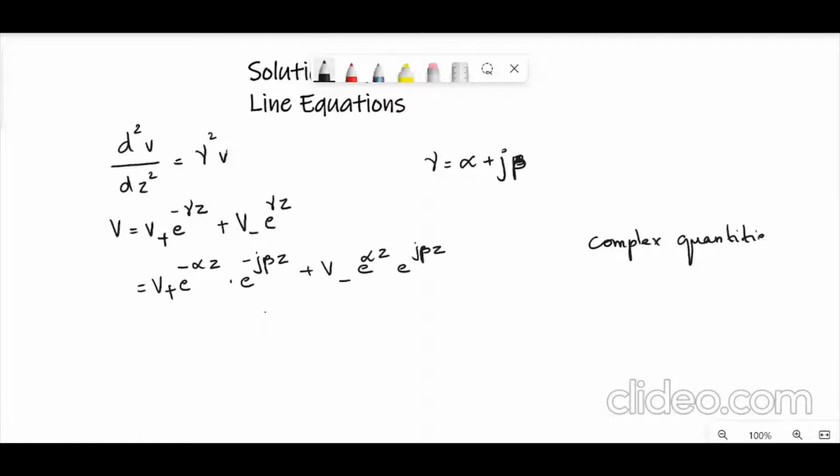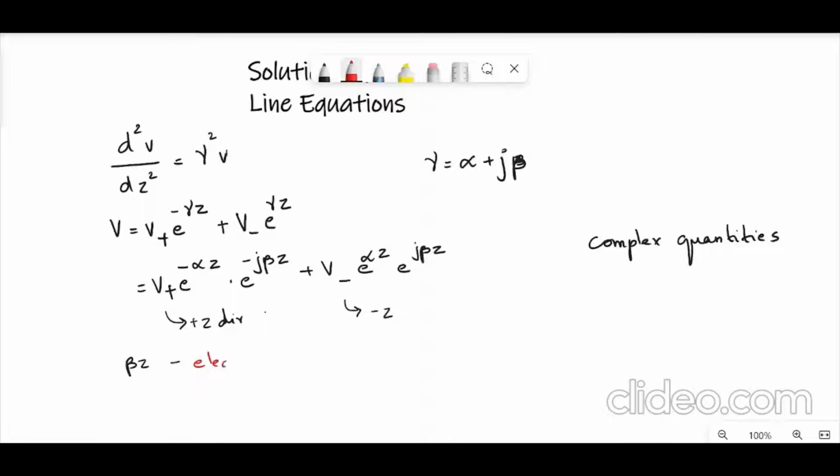V+ represents the wave that will be traveling in the positive z direction, and V− is the wave which is traveling in the negative z direction. And βz is known as the